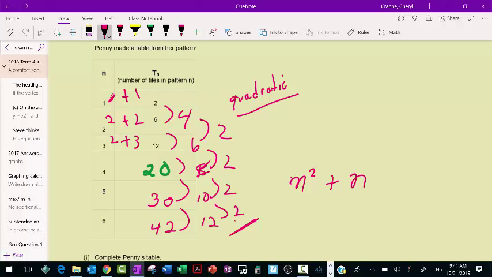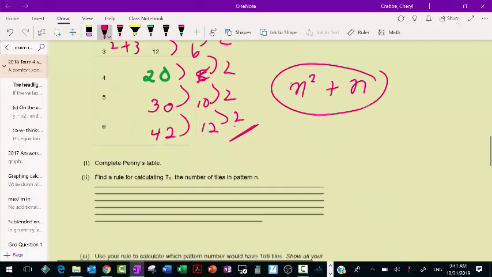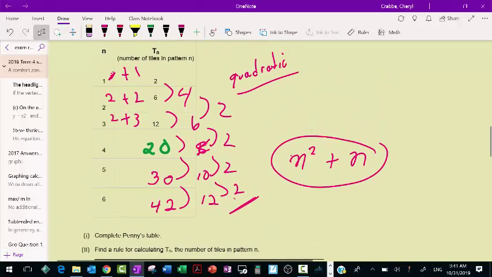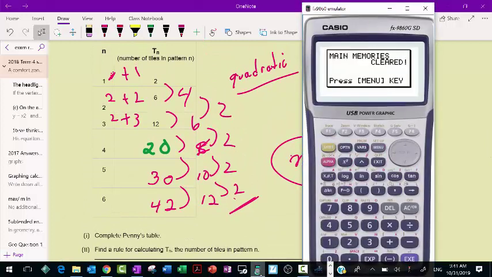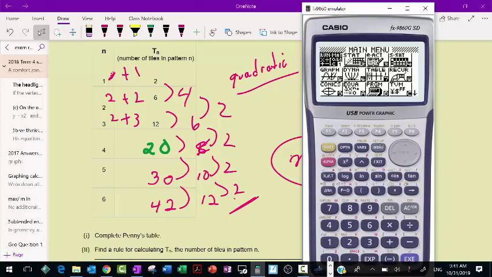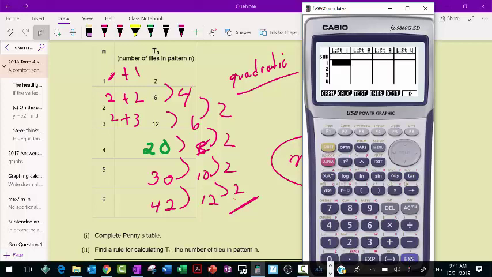Now, if you couldn't get that from the table, that's okay, because we can get it with our graphing calculator. So if you bring up your graphing calculator and you go into a menu and you go to Stat, and you throw in 3 points, 3 or 4 points is all you need. So if I go 1, 2,